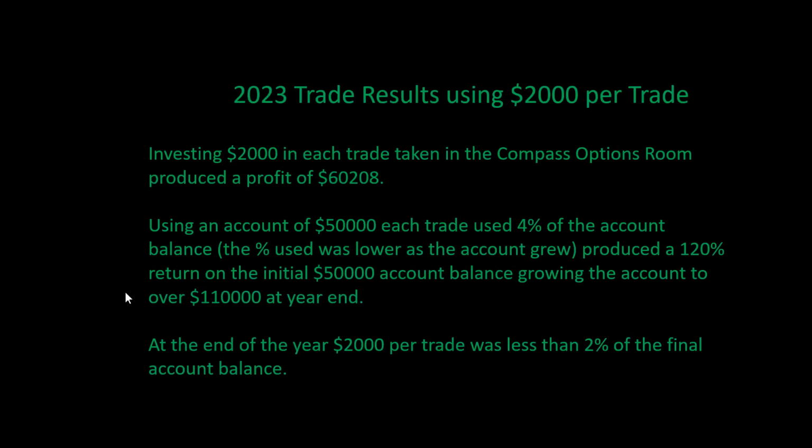All right, and again, this is just kind of an overview of the 2023 trading results using $2,000 per trade. And not everybody does this. I mean, a lot of people, including me, vary my trade size depending upon the kind of market we've got. If I've got a trending market, I tend to trade higher, take bigger positions. And if it's a choppy market, then I'll take smaller positions. But in order to give some sort of consistency here and some kind of a baseline, I always use $2,000